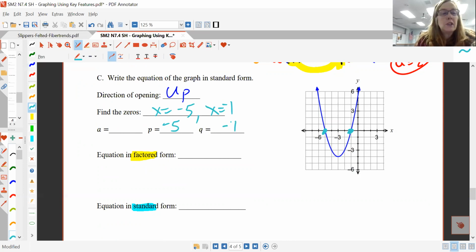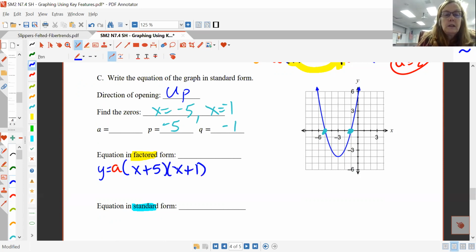By the way, you could also just do this if you prefer it. You could also do vertex form and go from there. I mean, because there is the vertex right there. A, I don't know. Okay. I do know that I have Y equals A times X plus 5, X plus 1. All right. Find a second point right there. I'm going to use that point as the vertex. -3, -4, and I'm going to put it in. So -4 equals A